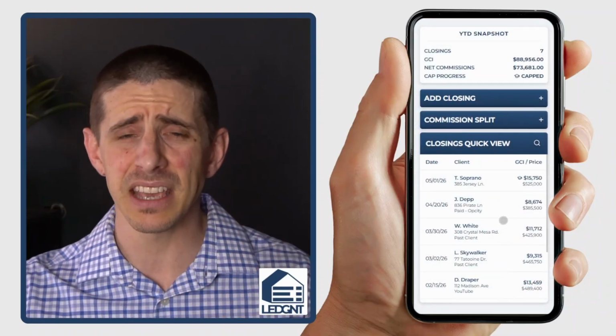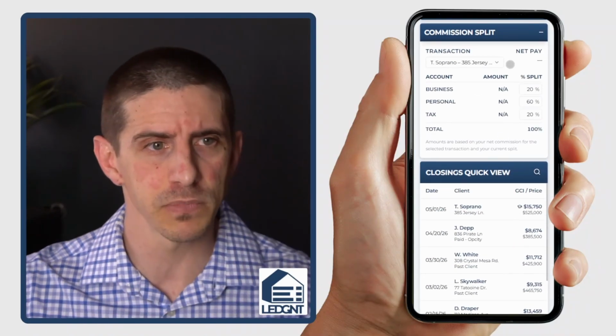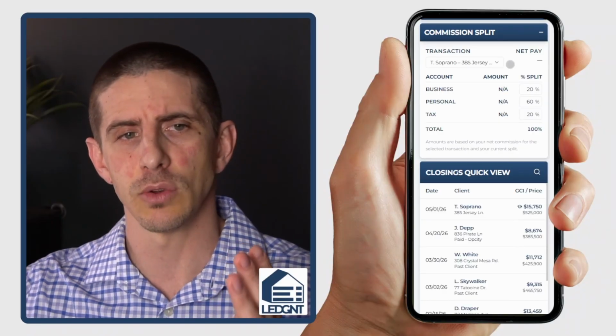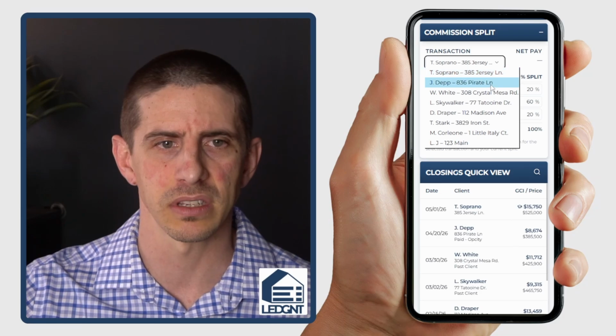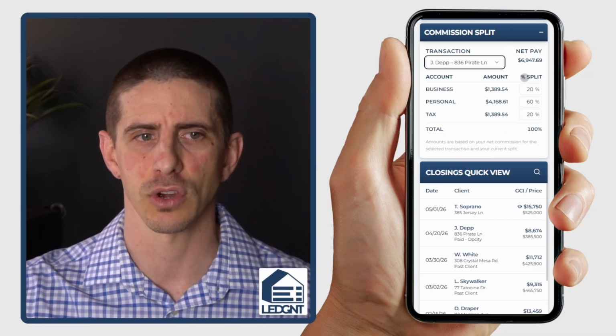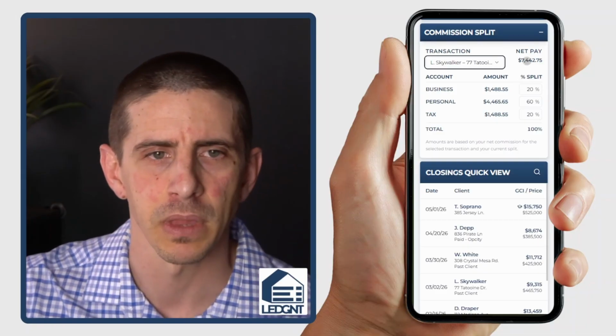So that is the closing screen. Actually, let me show you the commission split as well. So this is a cool little feature we have. You have the ability to select any transaction that you have logged, and what you're going to see is a net pay for that transaction. So let's go back and let's just select, I don't know, this one here. Net pay was